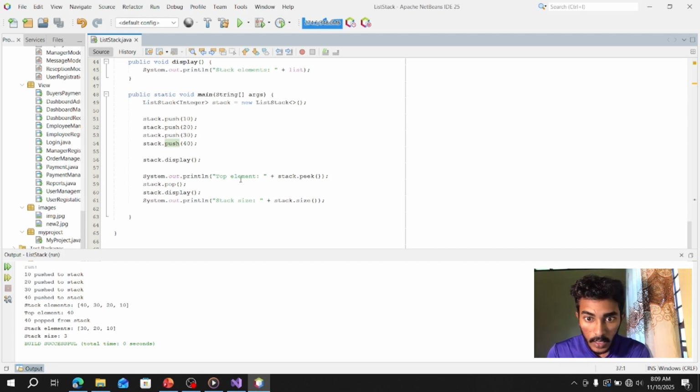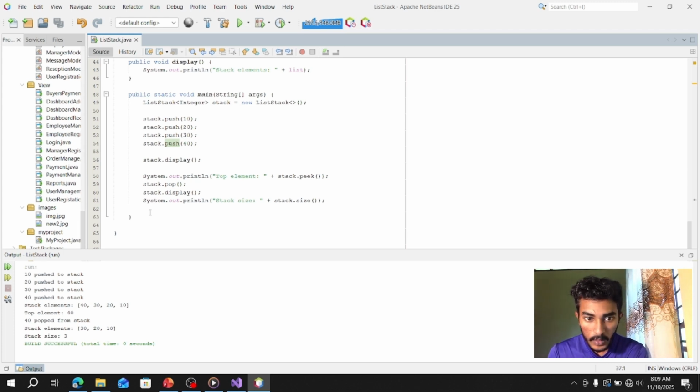In here you can see after the top element, I implement the stack pop, the top element popped. So we get the top element 40 in here, and then 40 is popped. In the stack display, after removing the top element 40, you get 30, 20, and 10 as the elements right now.